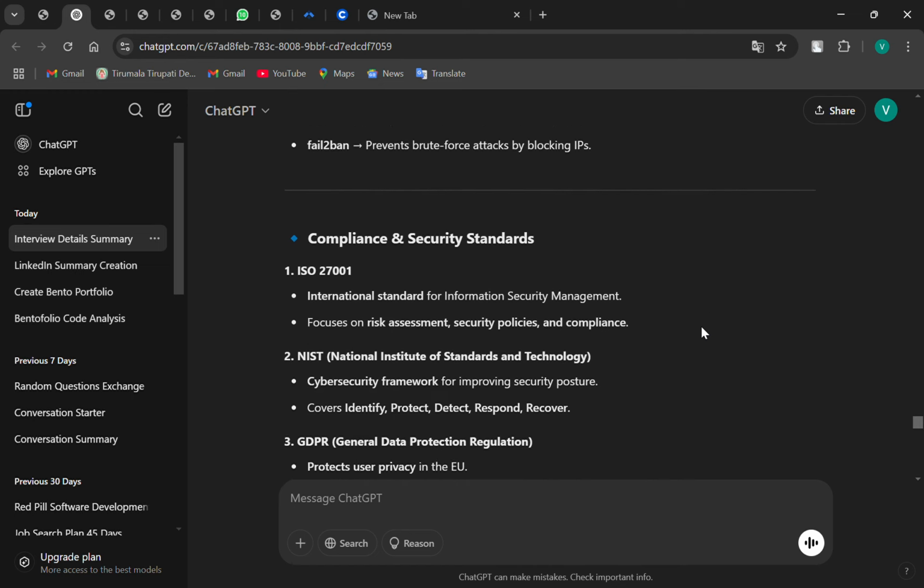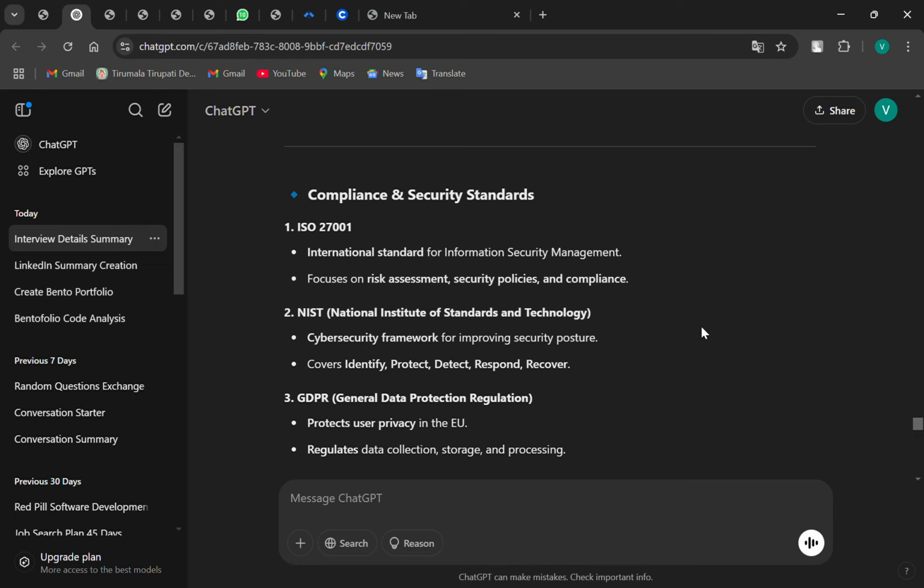Compliance and security standards: ISO 27001, the international standard for information security management, focusing on risk assessment, security policies and compliance.